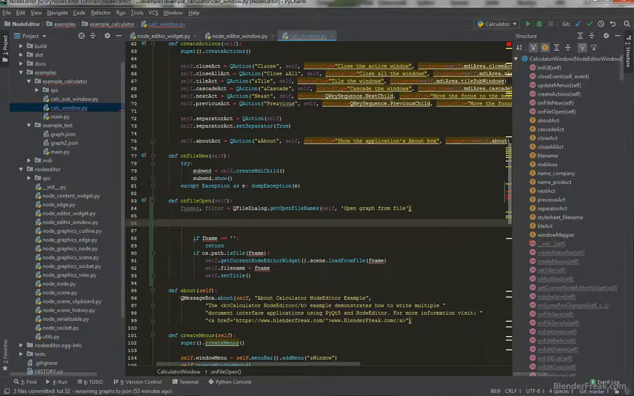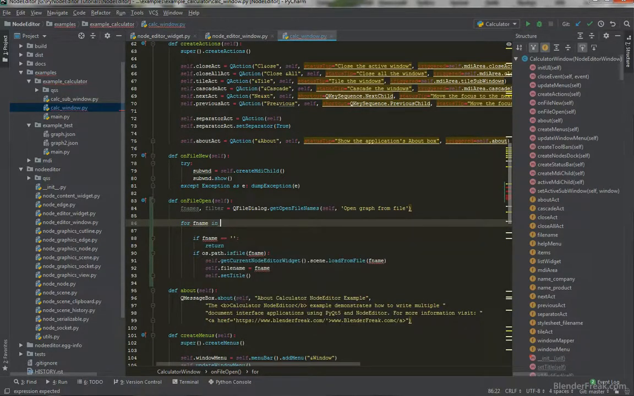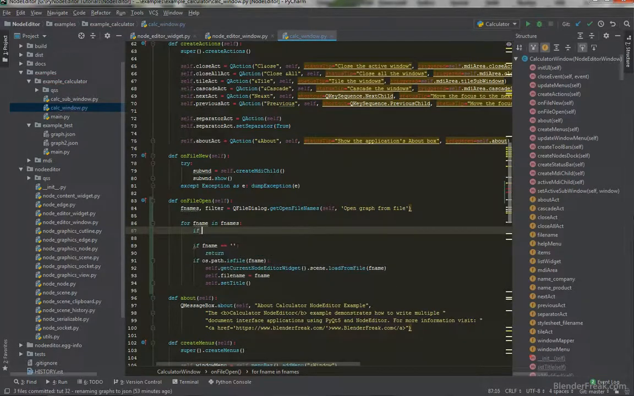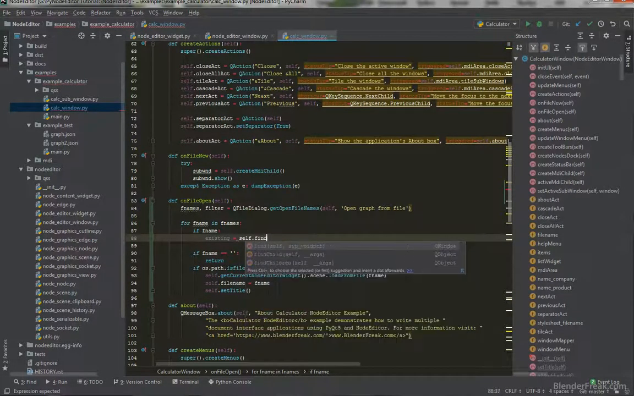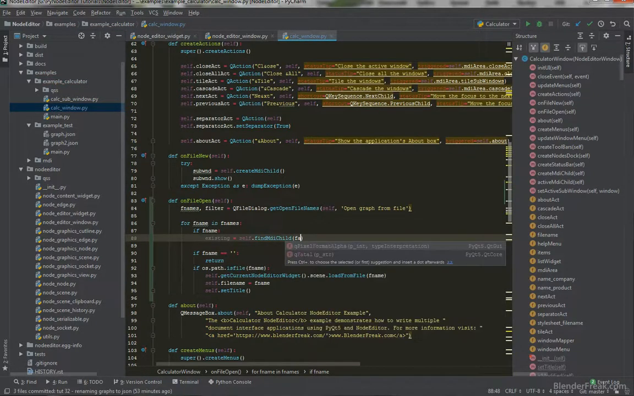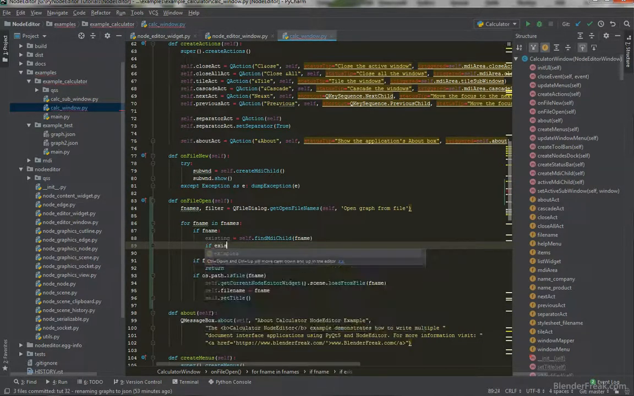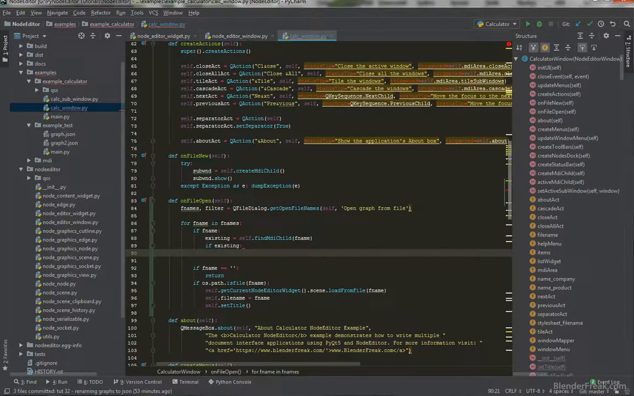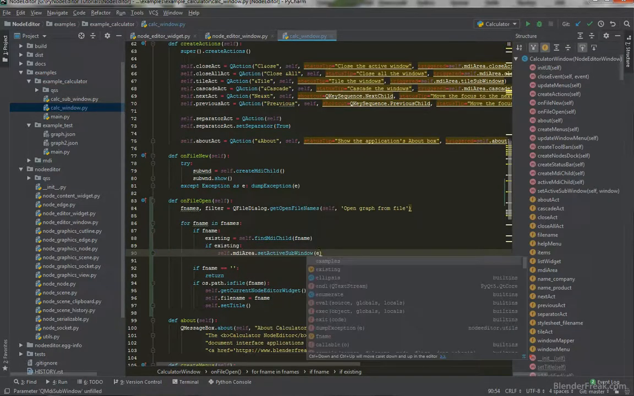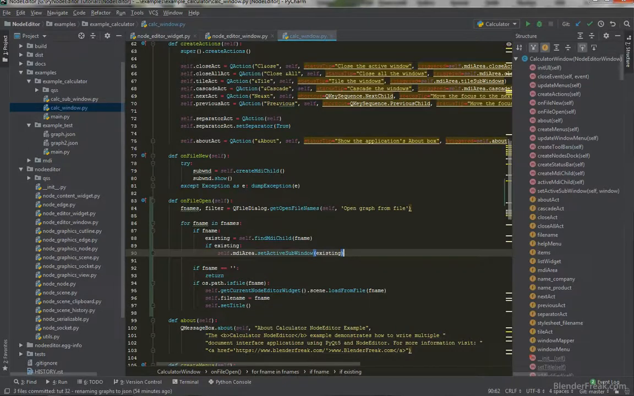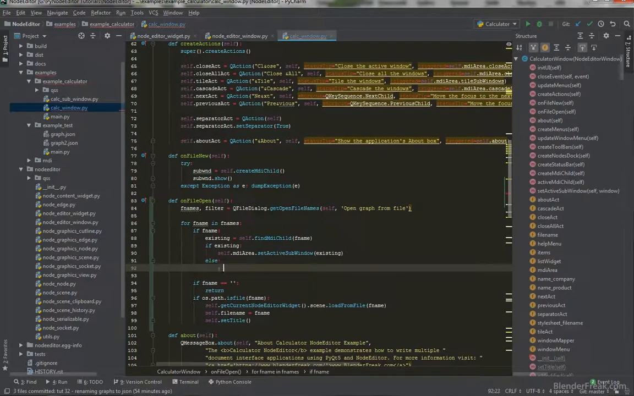And then basically we can go through each fname in fnames, and if the fname is not empty, then we will try to find the open subwindow. Existing is going to be self.findMdiChild, pass the file name, and if it's existing, so it will not return None, then we can basically say self.mdiArea.setActiveSubWindow and pass in the existing found subwindow instance. Otherwise, we need to create a new subwindow